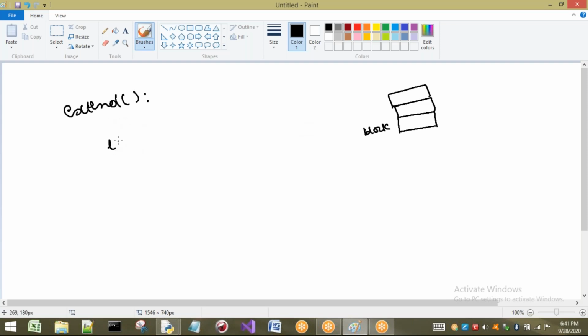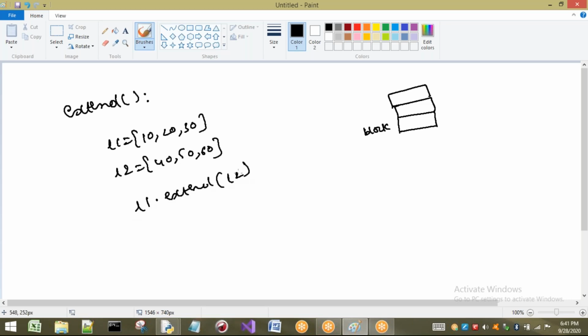For example, L1 I am going to take 10, 20, 30. If I take L2, 40, 50, 60. Now I want L1 to extend L2. Now what happens? All the values that are present inside L2 will be added to L1.